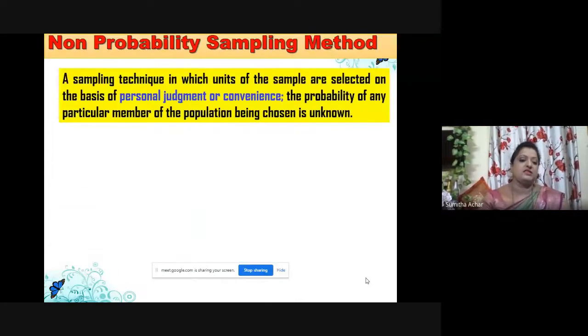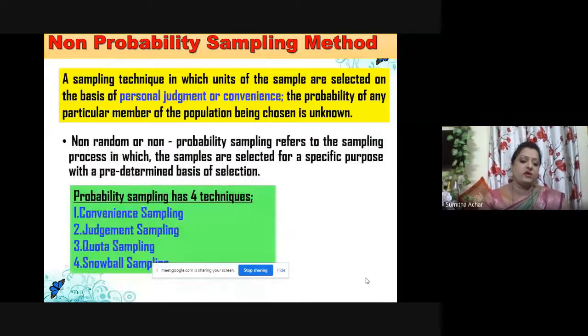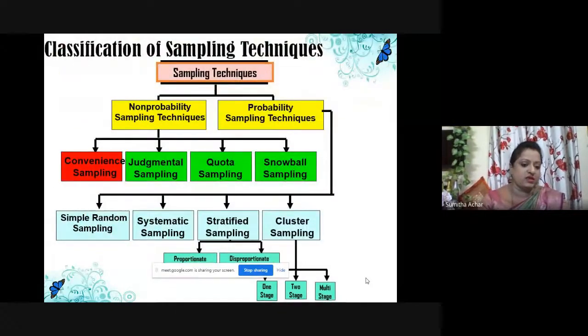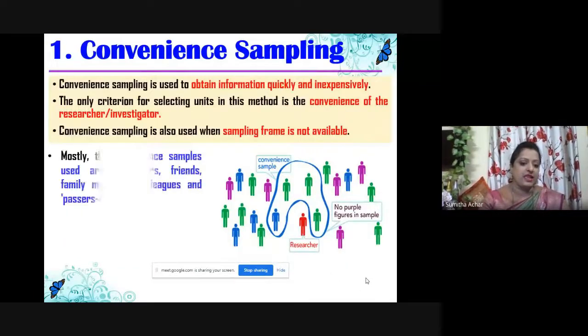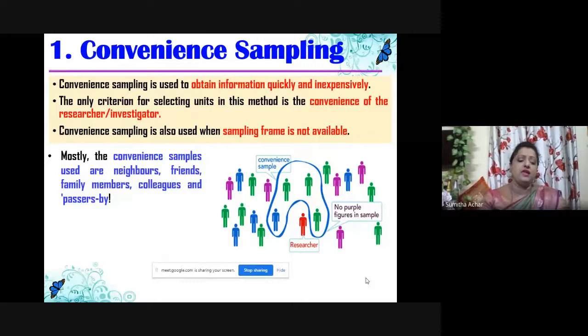Now, firstly, we will consider the first and foremost, everyone's favorite. What is it? The convenience sampling technique. And what is a convenience sampling technique? Here the researcher chooses the respondents for his study based on the researcher's convenience, right? It's as simple as that. Whenever the researcher finds some sample and thinks that person has to be included in his study, he will decide to choose that particular person for the study, and that is the convenience sampling process.